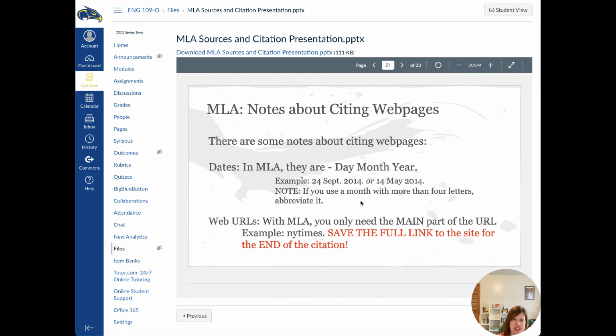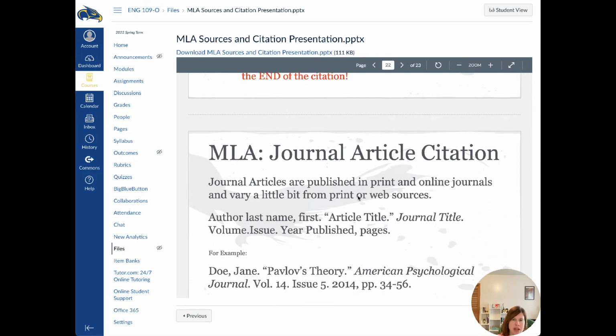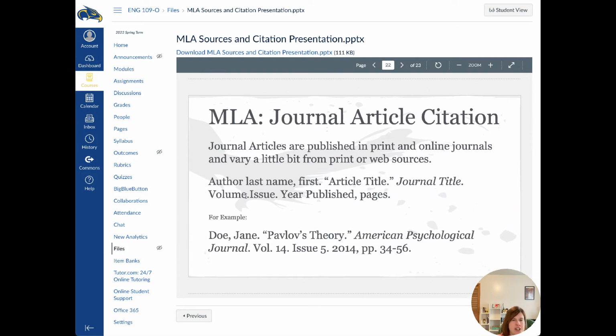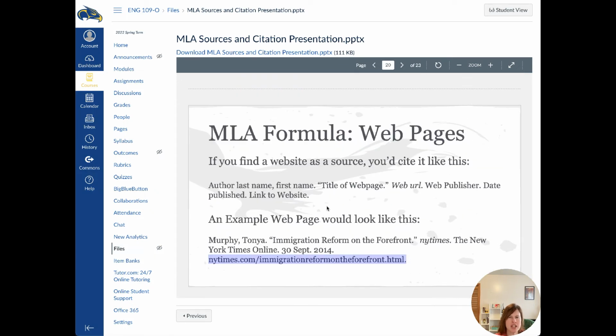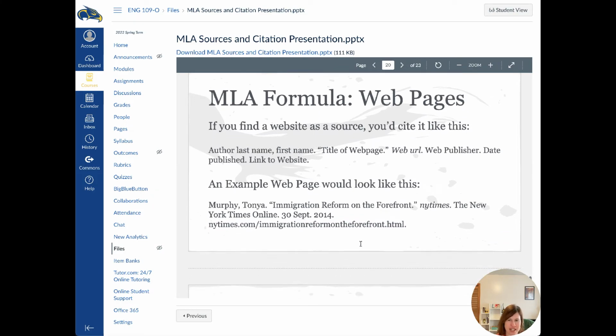And then obviously I've got some things about the days and the times here. Save the full length, and so on. And then journal titles aren't here. Don't worry about journal titles yet. If you do cite a journal, there's a little bit more that you have to put, like volumes and issues and page numbers. But don't worry about that right now. I'm assuming most of you are just going to cite books or web pages. So just worry about this web page. Just go to slide 20 and look at the web page one, and that's how you'll organize your citation.